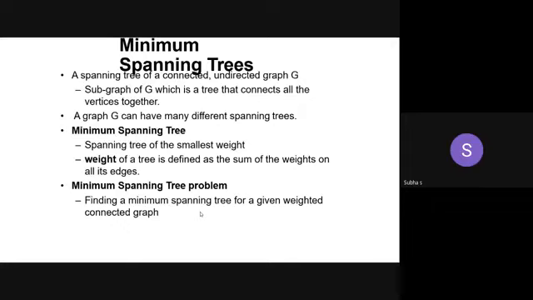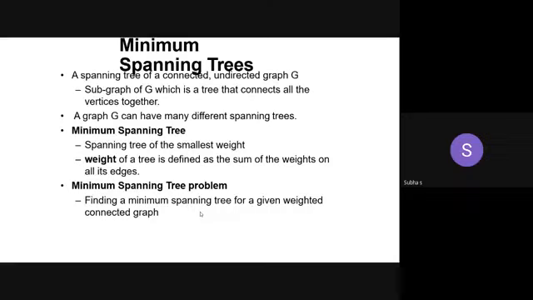Spanning means what? Spanning, visiting, going on. Spanning means the entire thing is covered, how the nodes are covered. Like lifespan, this is the spanning tree. So a spanning tree is nothing but a subgraph, which is a tree that connects all the vertices together. What's the difference between a graph and a tree? A graph has loops, but a tree does not contain any loop. I can easily convert a graph into a tree by disconnecting any one particular cycle or any one edge. I can make it a tree.